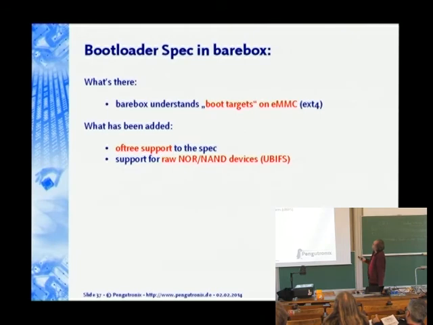Alright. So we have a good understanding of these boot targets now. When we started with bootloader spec, it already worked on SD card types, which are running in the ext4 file system, or in the embedded universe, we quite often have the eMMCs, which is basically an SD card in the BGA case, which you can directly solder into your device.